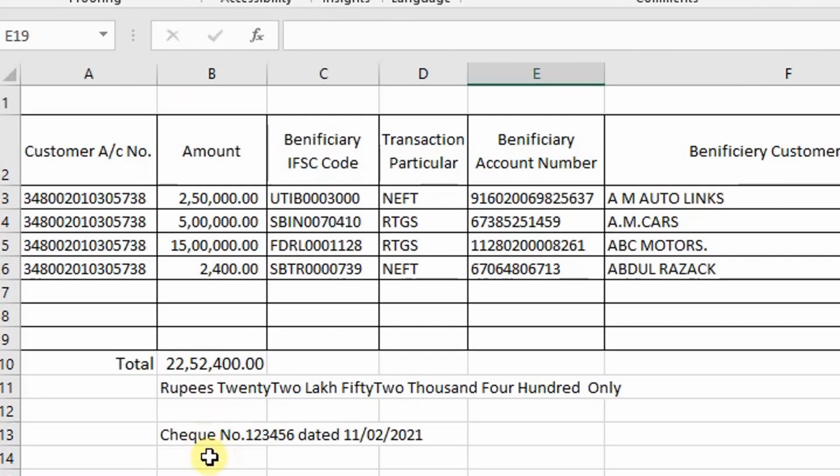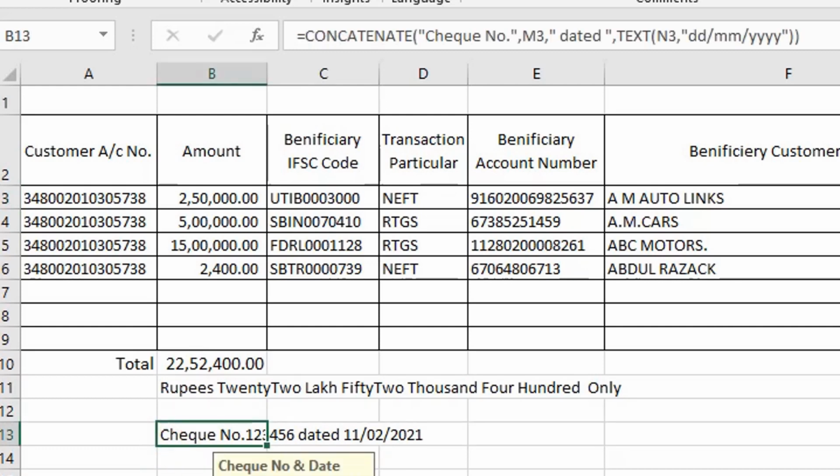Now this is written with check number 123456 dated 11th February 2011. Here the values are in different columns, but here it is automatically written. Here I am using the concatenate function. I have also uploaded a video on how to use the concatenate function, that you can watch and study.